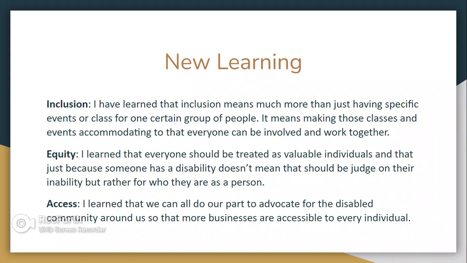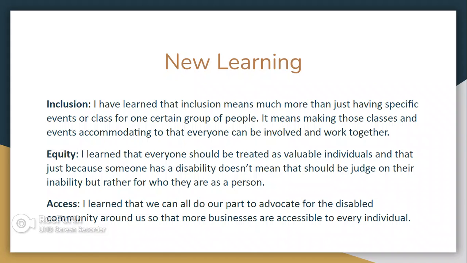For my new learnings with inclusion, I've learned that inclusion means much more than just having specific events or classes for one certain group of people. It means making those classes and events accommodating so that everyone can be involved and work together. For example, having a sensory-friendly roller skating night isn't very inclusive to everybody because it's only advertising to a certain group. But for it to be totally inclusive, it would have to be advertised for everybody and be accommodating for everybody's